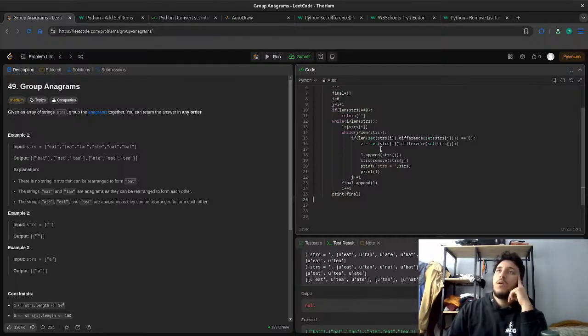If the word is not in anagrams. If the word is not in the anagrams, if set equals 0, if it's not in